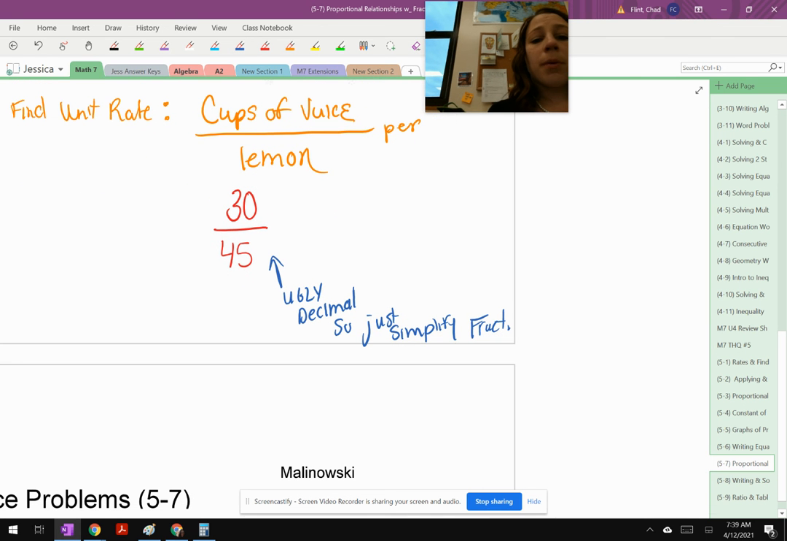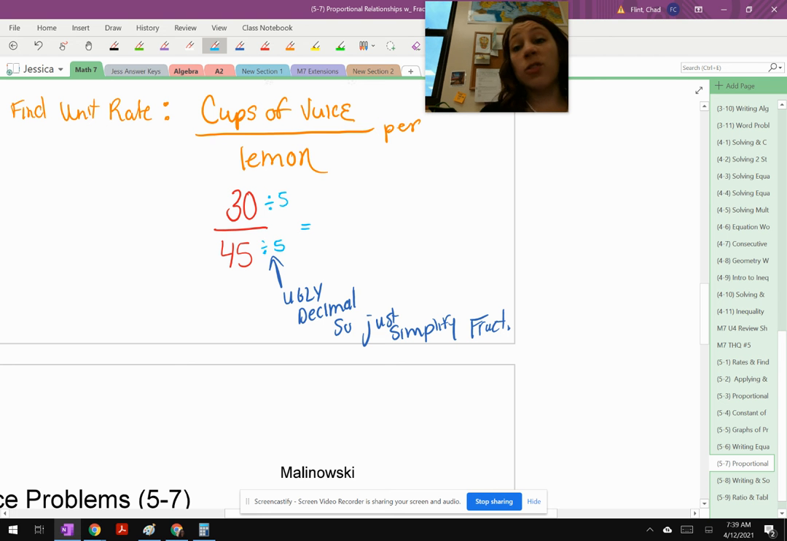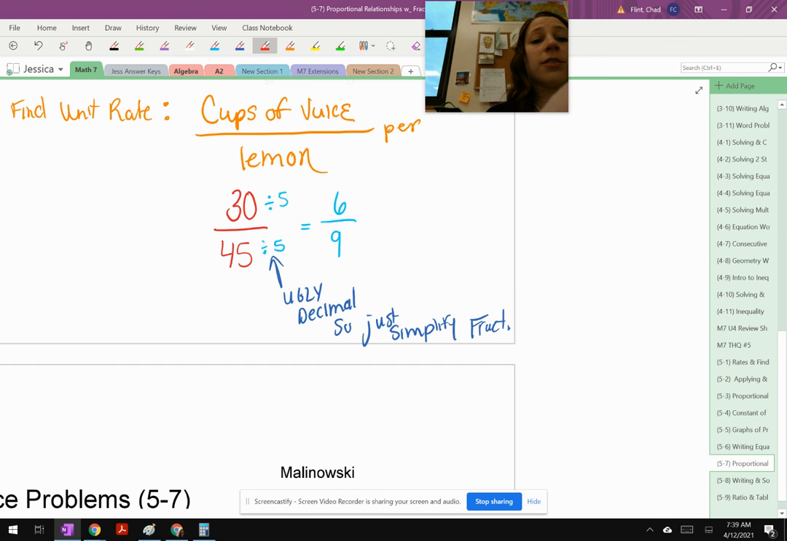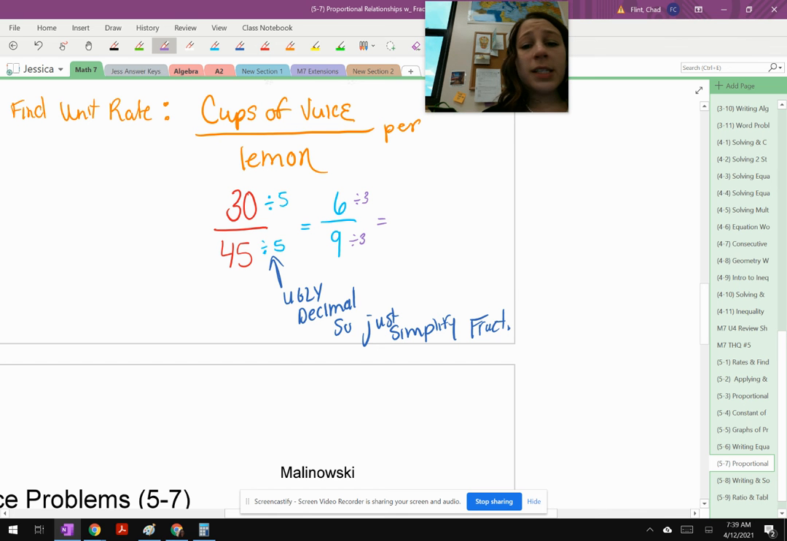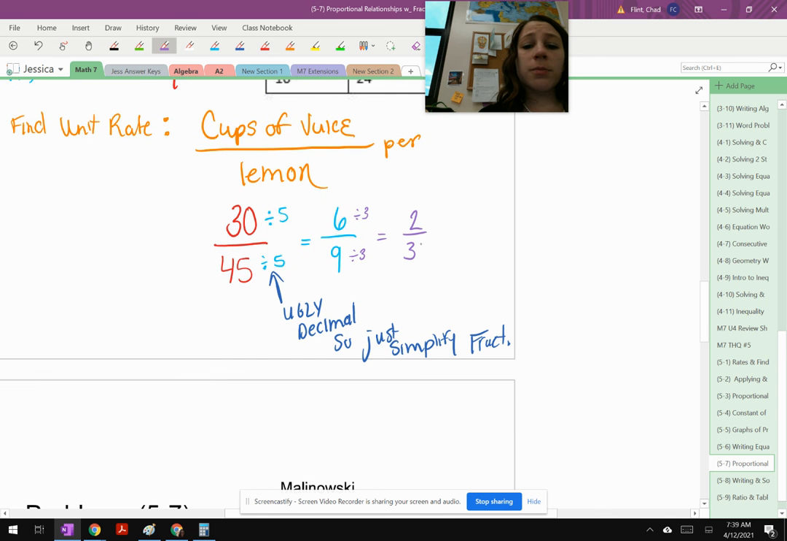Definitely 5. Maybe 5. Maybe you thought of something bigger. Good for you. You only have to do this once. 30 divided by 5 is 6, and 45 divided by 5 is 9, which I can immediately see that there's another thing I can simplify by, and that would be 3. 6 divided by 3 is 2. 9 divided by 3 is 3. So 2/3